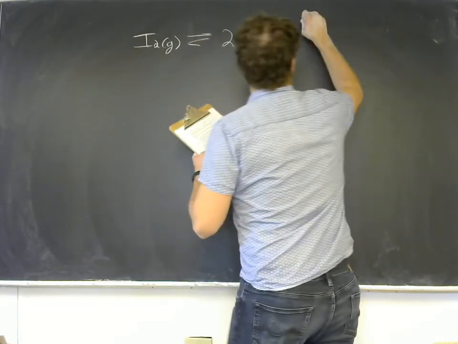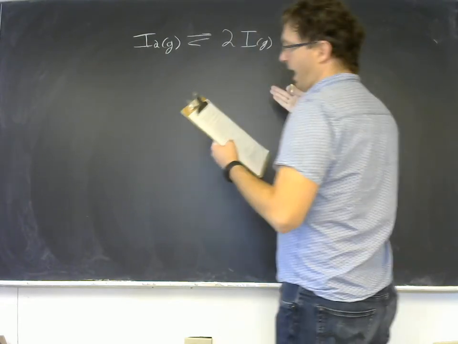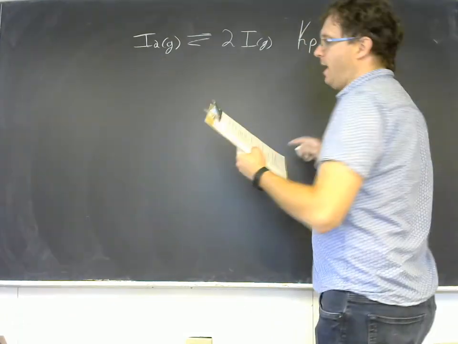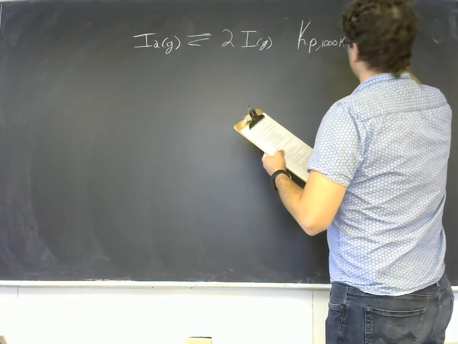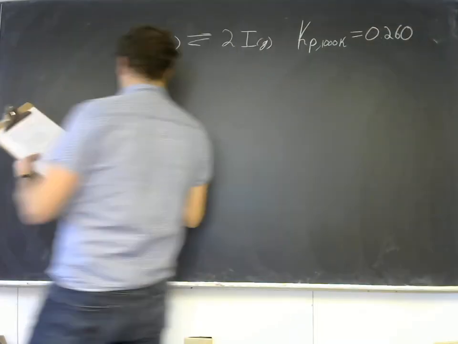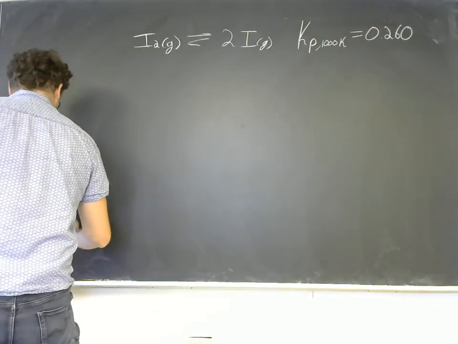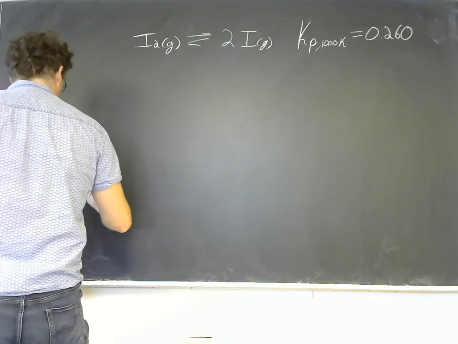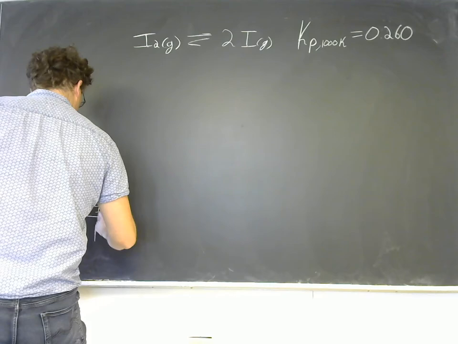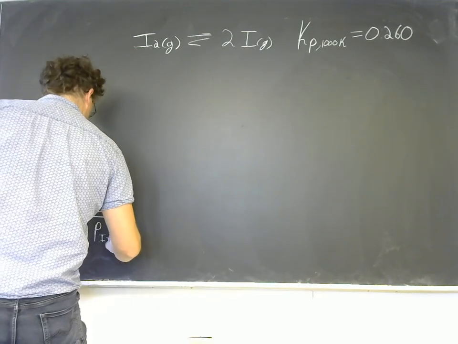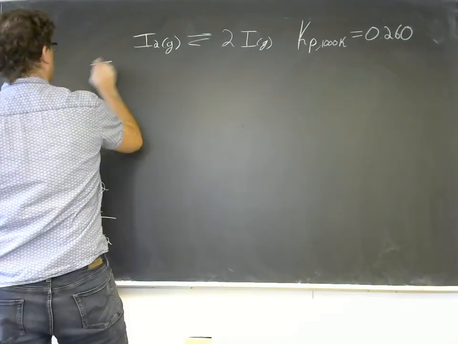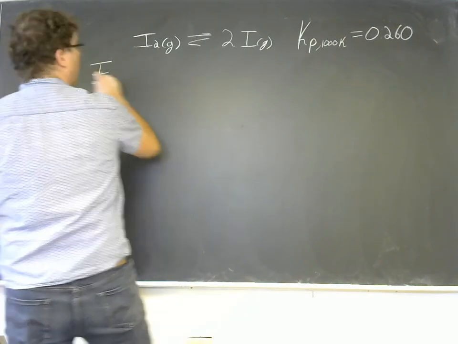And this is going to have a Kp value at 1000 Kelvin. Not that that matters, but we're at 1000 Kelvin here. It has a Kp value equal to 0.260. And so what that means is that 0.260 is going to equal the pressure of iodine atoms squared divided by the pressure of iodine molecules. Okay, now we'll do an ICE table, and let's look at